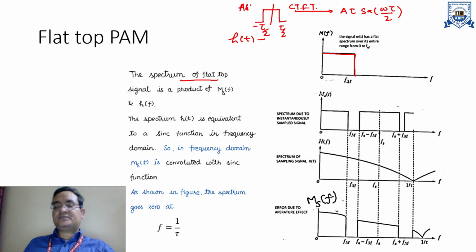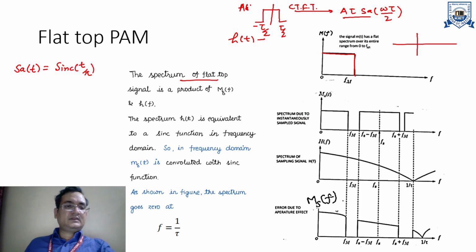So this is your actual sample signal, or sinc signal, you can also say sinc. Sometimes in different books you will find that sample and sinc signals are associated with each other. For example, sample of t, you can also write it as sinc of t, sinc of t by pi. Or you can also say that sample of pi t is equal to sinc of t.